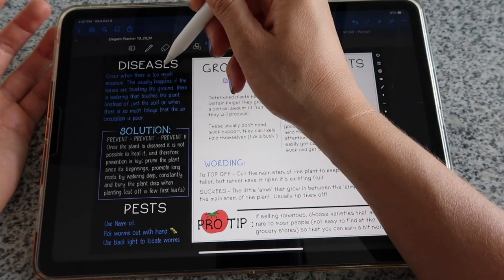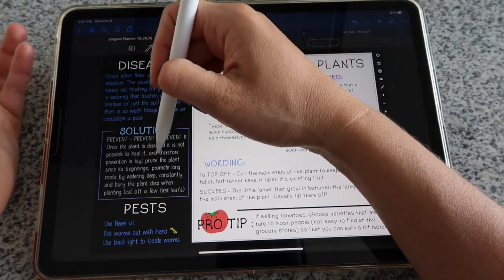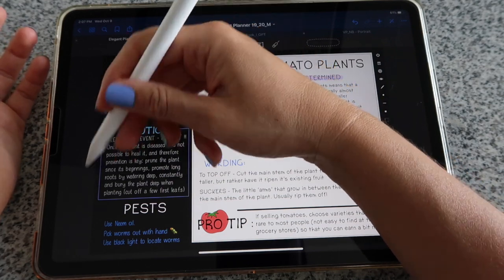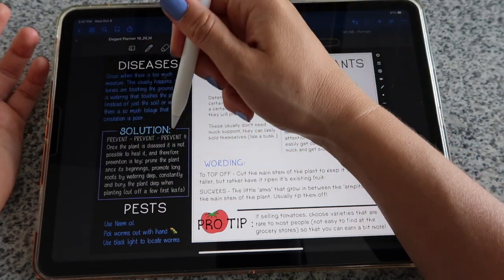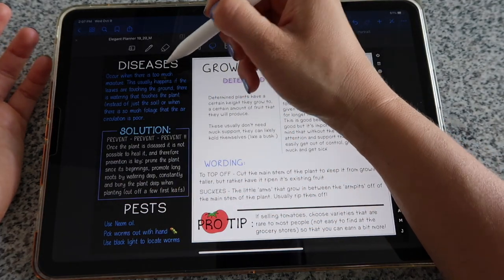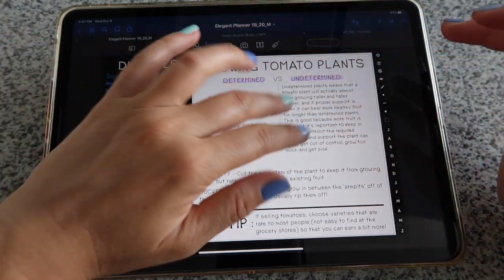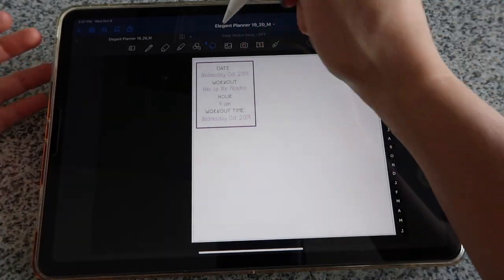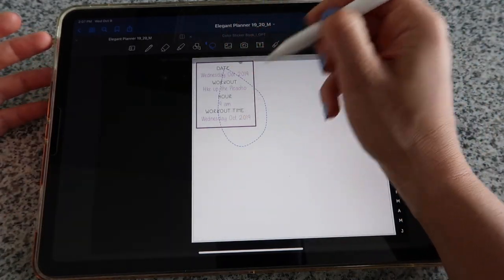This is a different font than this one, and then I changed the text, of course, and then I just drew a little box again with my perfect shape tool selected around it. And then here again I just repeat these first two text boxes. So if you go to this new page, that was today, and what I'm going to do is